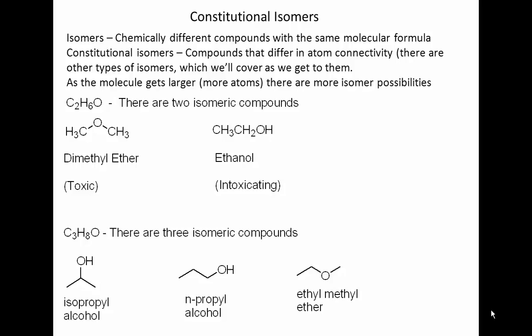Okay, let's begin with a discussion of constitutional isomers. Isomers are defined as chemically different compounds that have the same molecular formula. The most obvious type of isomer is a constitutional isomer, and these differ in atom connectivity. There are other types of isomers that are a little bit more subtle, and we'll cover them as we get